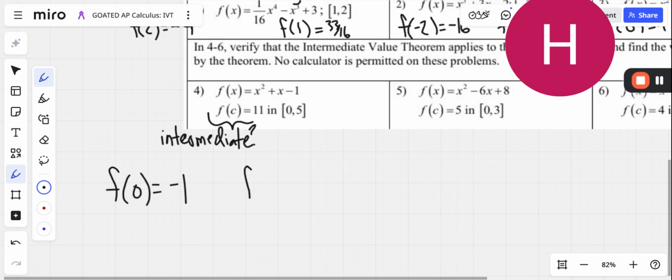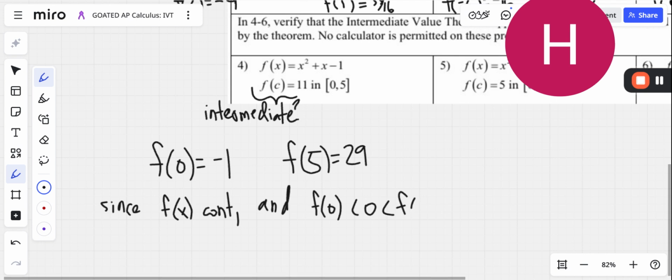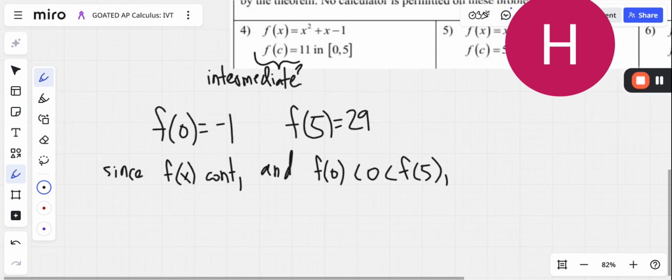Plug in 5, and that's going to be something bigger than 0 for sure. Let's see what it is exactly. 5 squared is 25, plus 5 is 30. So 30 minus 1. Now we can say, since we know that f of x is continuous, and 0 is in between f of 0 and f of 5, by the IVT,